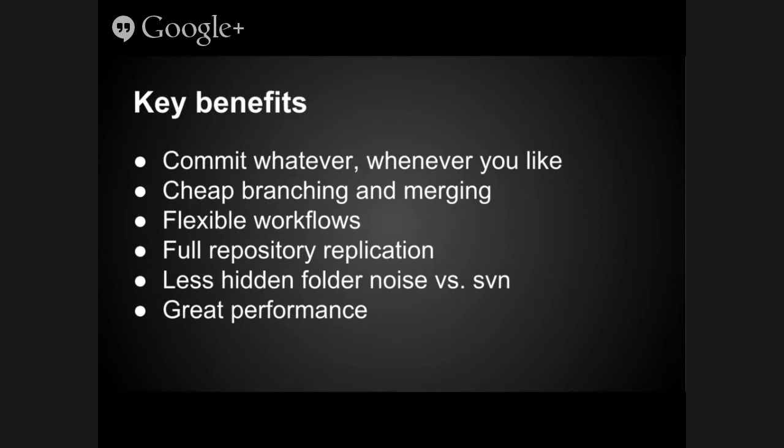Cheap branching and merging. This is something that if you've come from a traditional centralized source control world will seem crazy, because in Subversion, a branch is a copy of every single thing. It's this massive deep tree, and merging a massive deep tree back in is a nightmare. Anyone that's merged any kind of long-running Subversion branch will know that they never ever want to do it again in their entire life. Miserable experience. In Git, as I'll go into later, a branch is just a hash, and I'll explain exactly what a hash is in Git in a few slides' time.